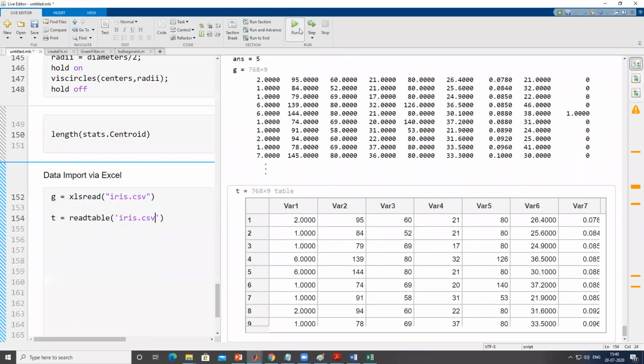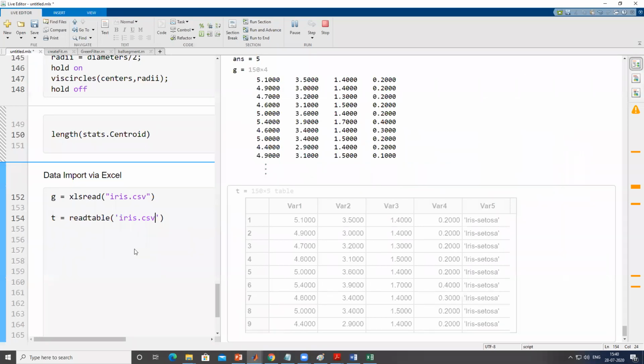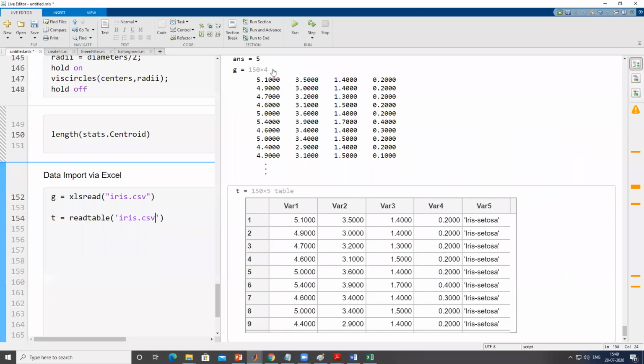Here you can easily see the difference between the two functions, what XLS read does and what readtable will do. In XLS read, you can see that the command automatically drops the character column where we have stored some character, string, or categorical data. It only considers the numeric column data. So in G, you can see there are only 150 cross 4 elements.